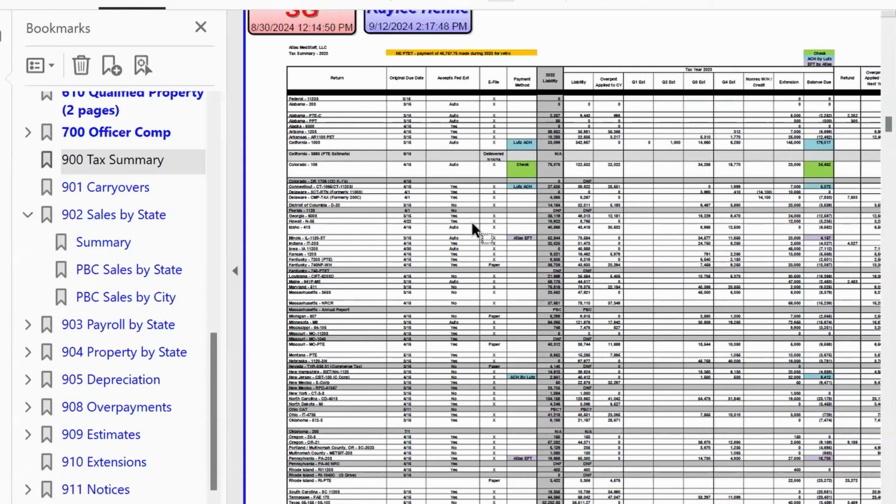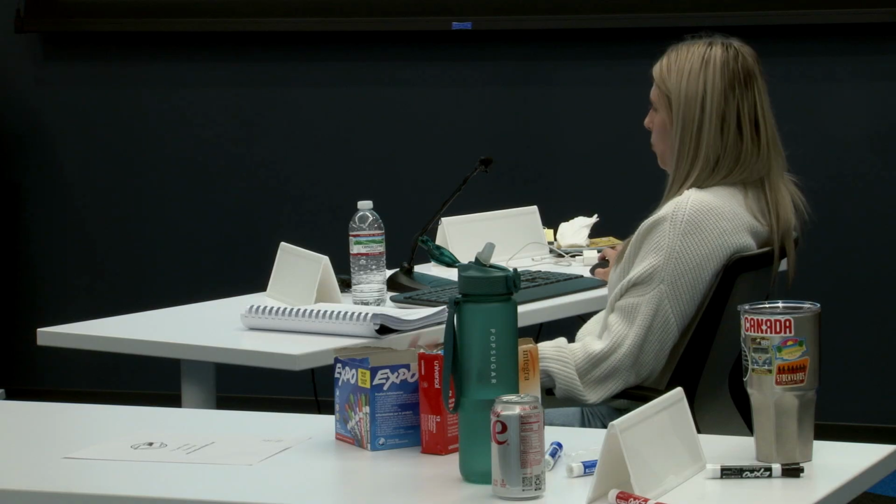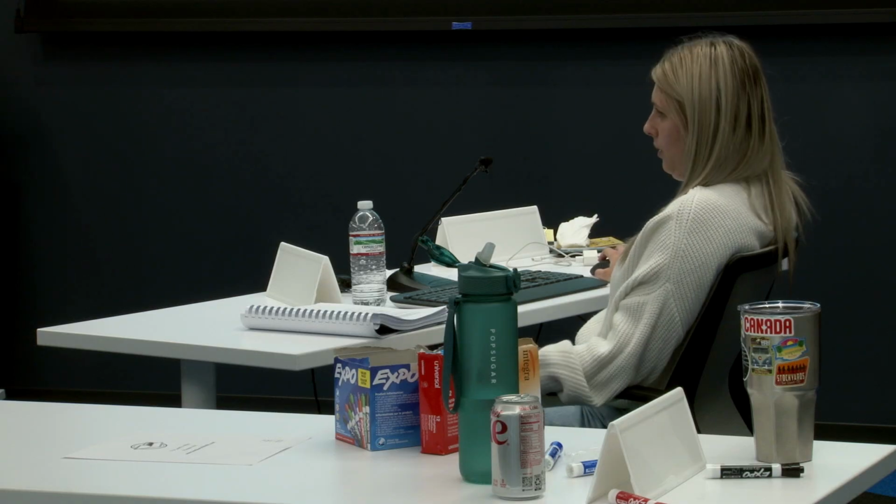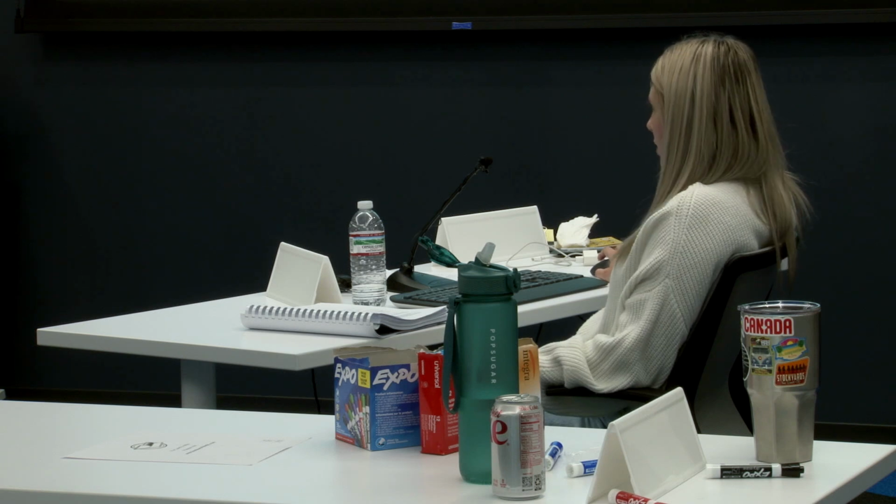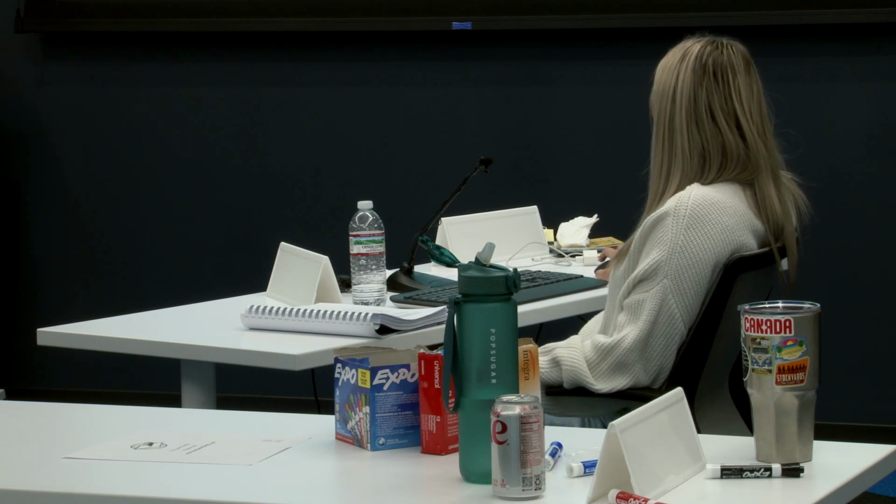And then we have our e-file column, and then payment method is just saying if there is a balance due, how is the client being instructed to pay it? Are we sending them to pay it by check? Are we making the payment for them? Do they have to go online and pay it? That kind of stuff. And that'll be on the instructions of the return. So